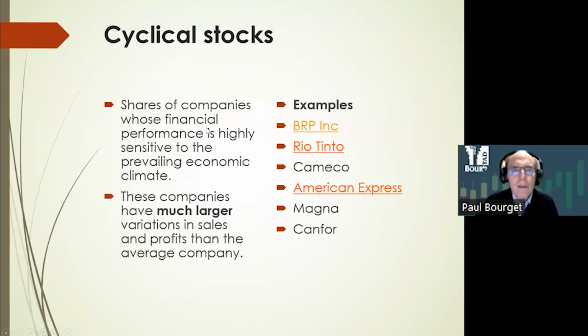Cyclical stocks. Cyclical stocks are shares of companies whose financial performance is highly sensitive to the prevailing economic climate. These companies have much larger variations in sales and profit than the average company. For example, BRP, which is Bombardier Recreational Products, Rio Tinto, a very large mining company, American Express, a large bank,